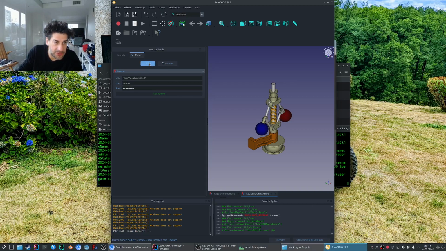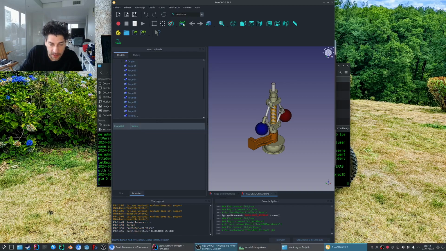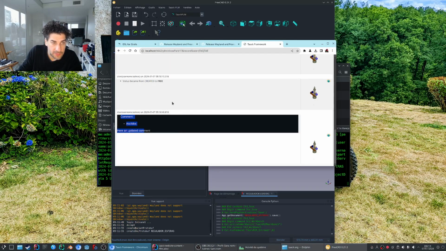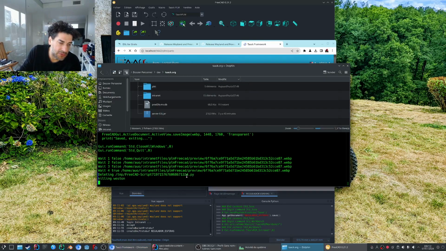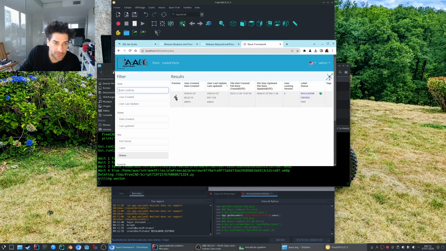So if we upload this and go back to the list of parts, list of assemblies, we see that there is no preview, but now it is computing the preview. It takes about 3 seconds on my computer, and we have the latest version with the red